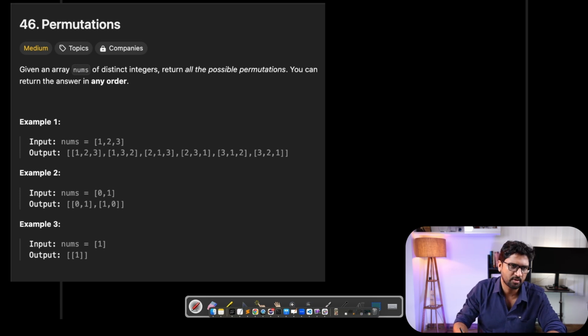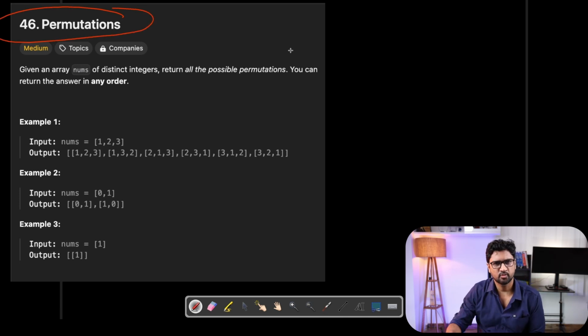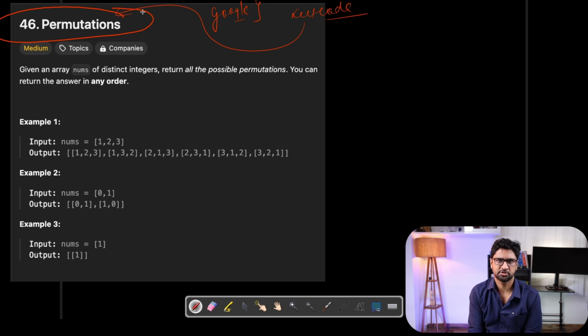So this is a LeetCode problem which you see on the screen. If you have to go and find it on LeetCode, just do a quick search, right? You can just go onto Google and search LeetCode followed by this 46 Permutations, and it will direct you to the direct link of this problem statement. I'm assuming that you'll be able to do this basic navigation and go to LeetCode and solve this